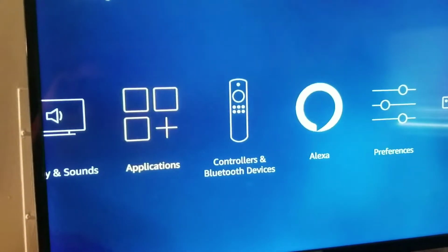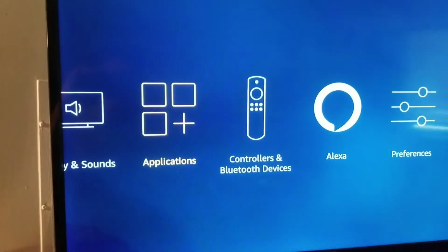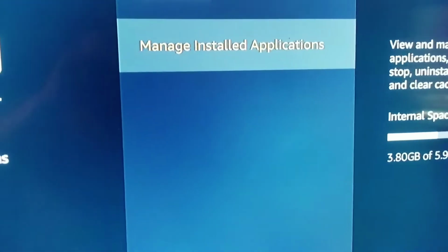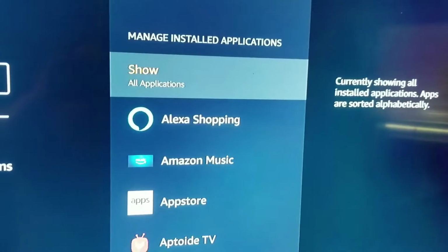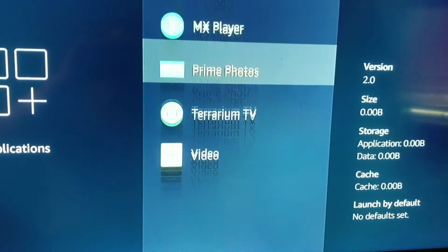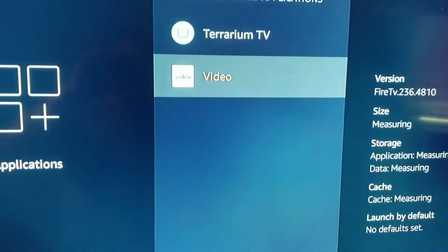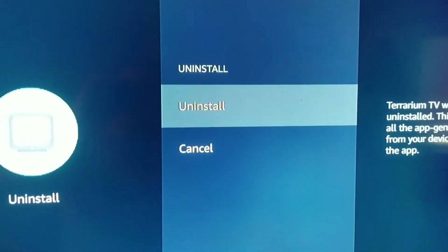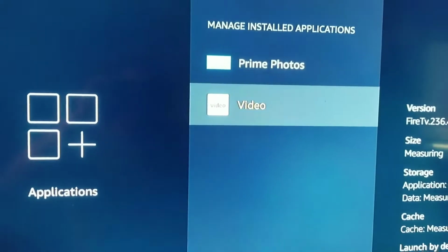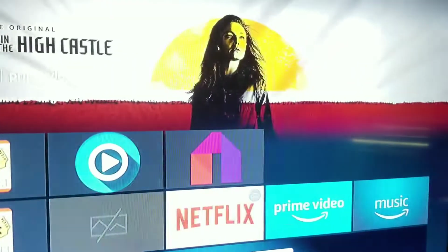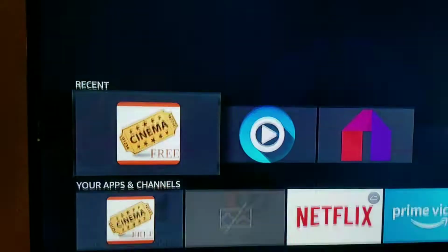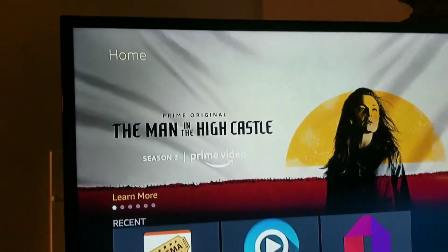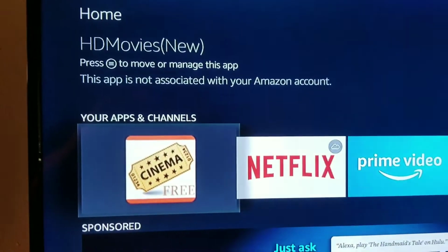So what we're going to do is erase it. Go over to the right, to settings, go over to applications, go down to manage installed applications, and you'll find Terrarium there. Go down to uninstall, choose uninstall again, and it'll remove it. Just in case, from here you'll go down two times to your apps and channels